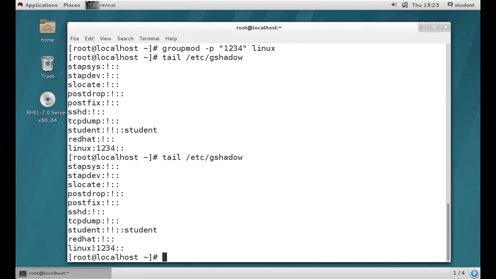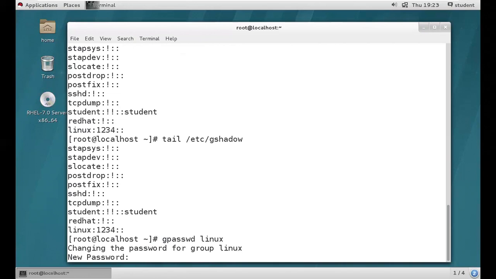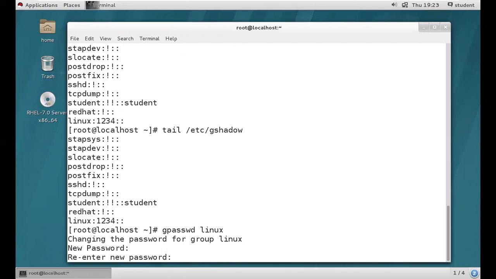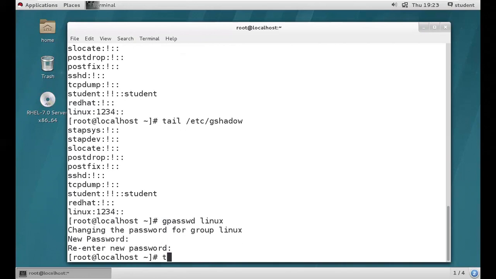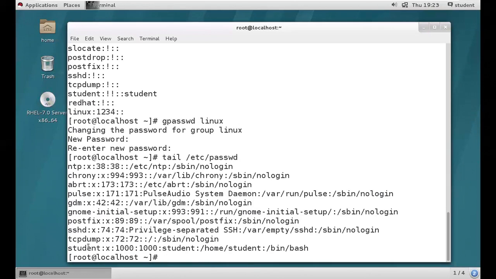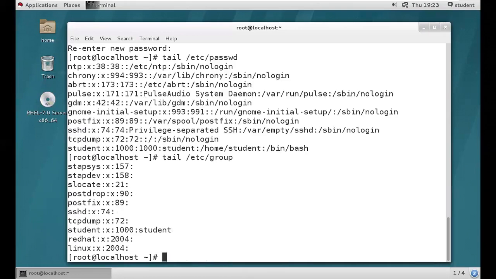So if you need to assign an encrypted password for this group, how? gpasswd is the command. gpasswd, Linux is the group name. Then tail /etc/group, sorry guys, tail /etc/gshadow, right?